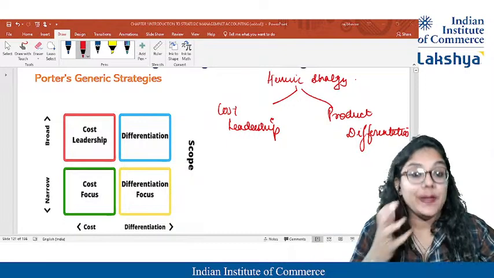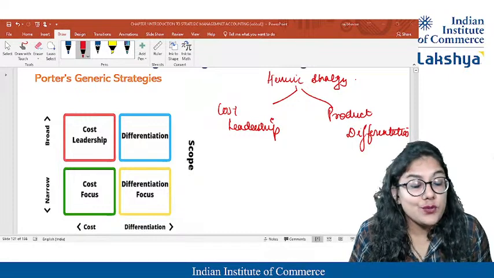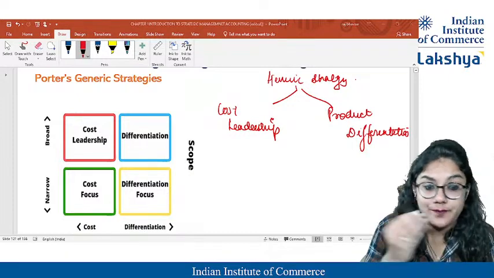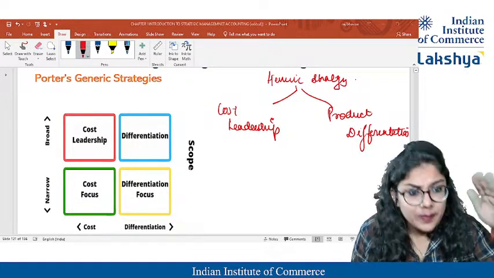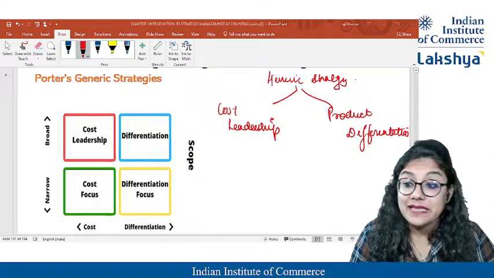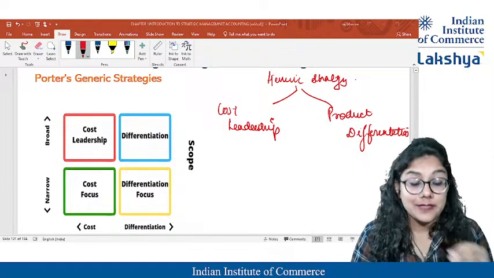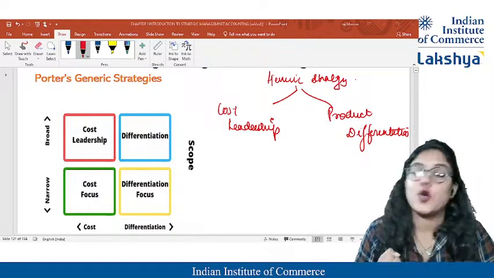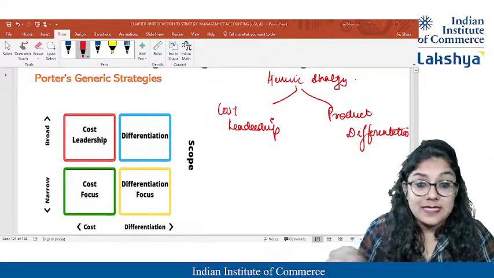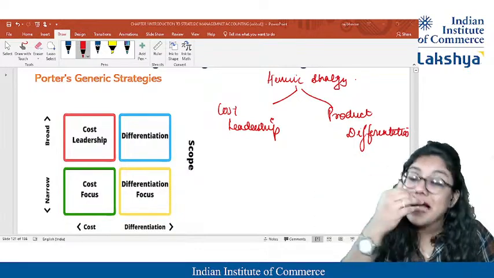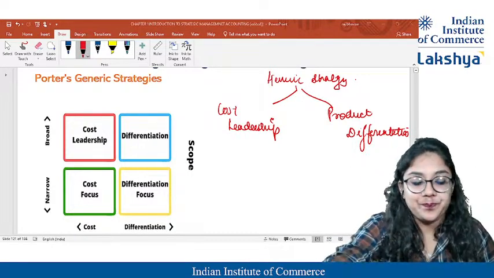So students, a generic strategy is what Jio used to do. Initially, they were giving internet so free that people were feeling, oh my god, so super. Then they launched it at a very reduced price, such that even the many other telecom competitors were not in the position to match the cost. Agreed? So be the cost leader. Either you can be the product differentiation, or you can be the cost leadership. Means your cost of the product should be so low that the competitors are out of the competition. So this is known as focus on the cost.